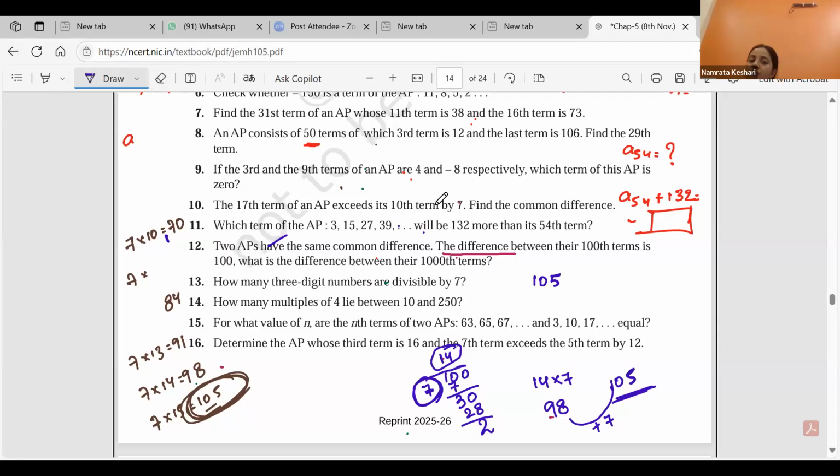105 is the first 3-digit number divisible by 7, and the last 3-digit number is 999. Same logic we will use over there. We will divide 999 by 7, and we are going to get, see, 7 1 times